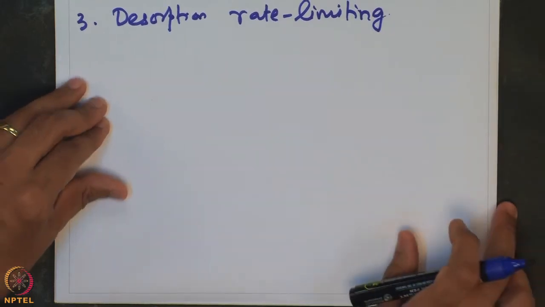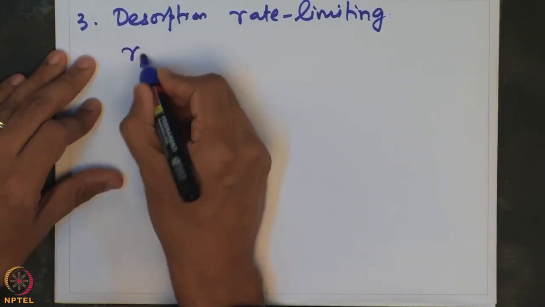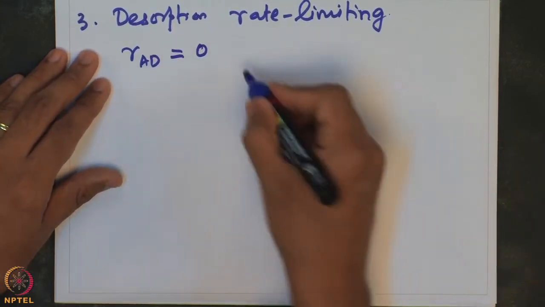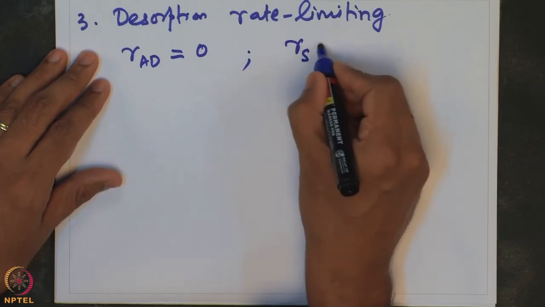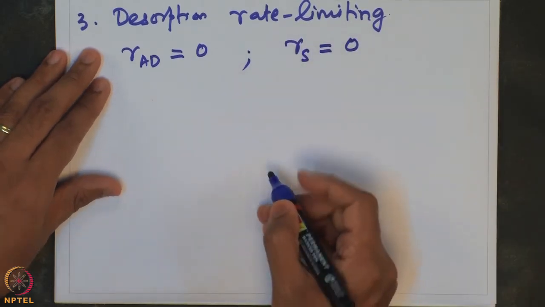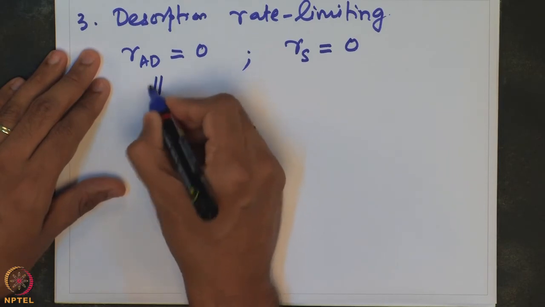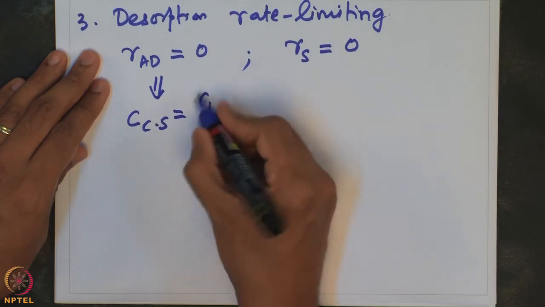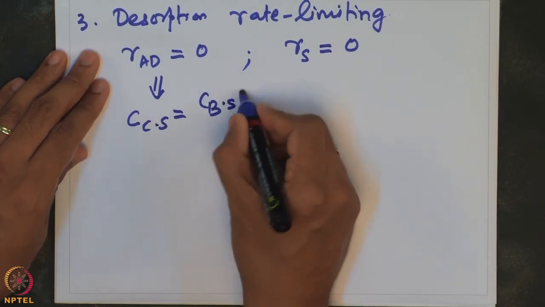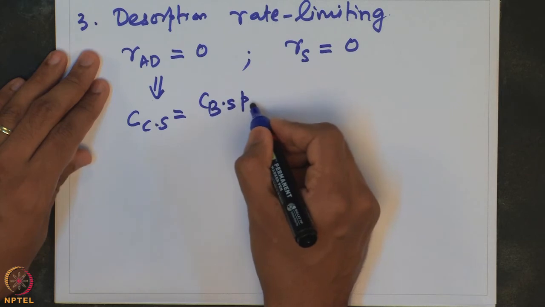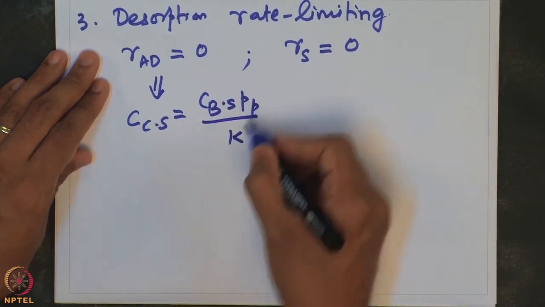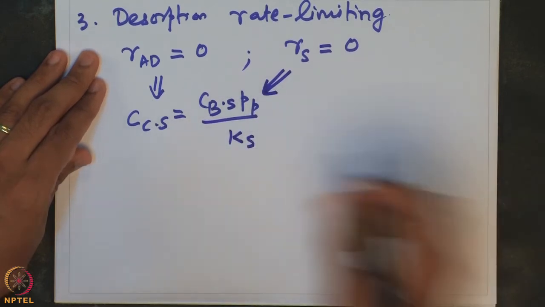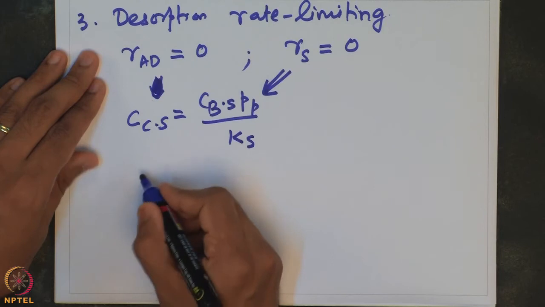Desorption step is actually rate limiting. So, in this case clearly adsorption is at equilibrium, so we can set RAD as 0, and the surface reaction is also at equilibrium, so we can set RS as 0. So, from here we will see that Cs is equal to Cbs into partial pressure of propylene divided by Ks. That comes by setting the reaction rate equal to 0, and by setting the adsorption rate equal to 0,